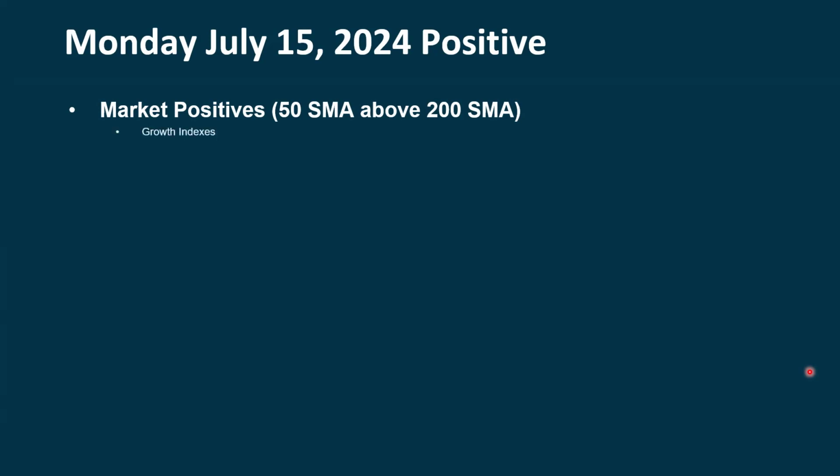And then at the end of this, I go through a list of those things that are positive, and we have kind of a long list now. My definition of positive as it applies to this video is when the 50-period simple moving average is above the 200-period simple moving average. So we have the growth indexes and value indexes. When you look at them independently, copper is in an uptrend, the British pound and the euro to the US dollar, gold and silver. The dollar by itself is still in an uptrend, even though it's seen some recent weakness.